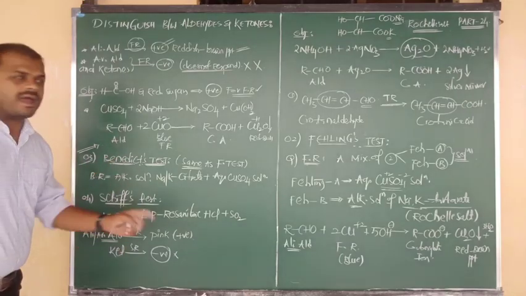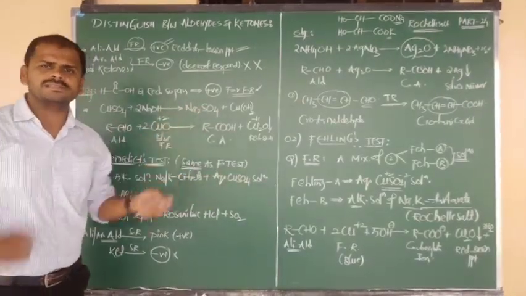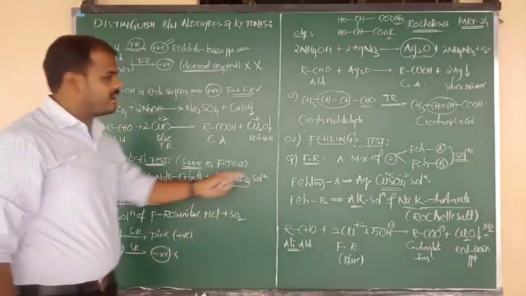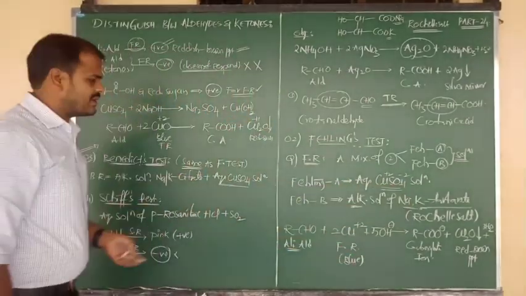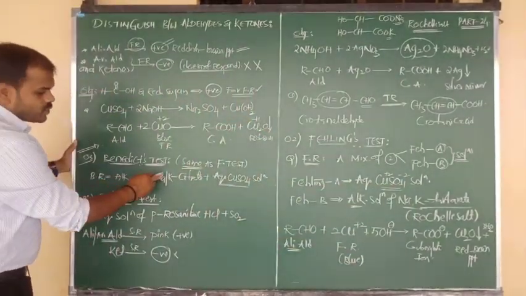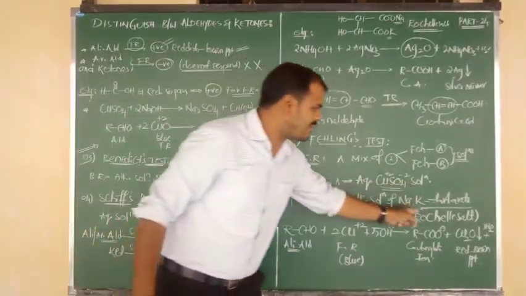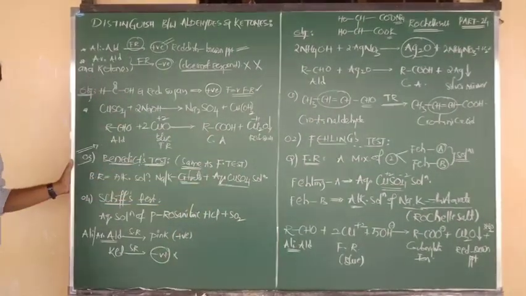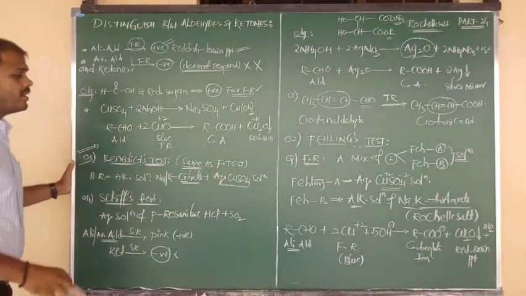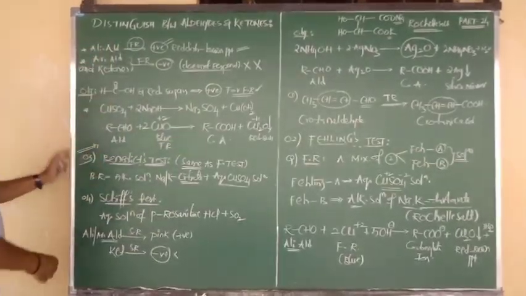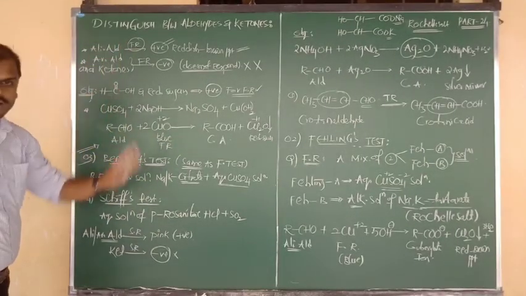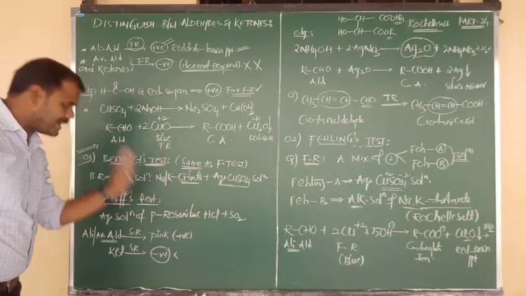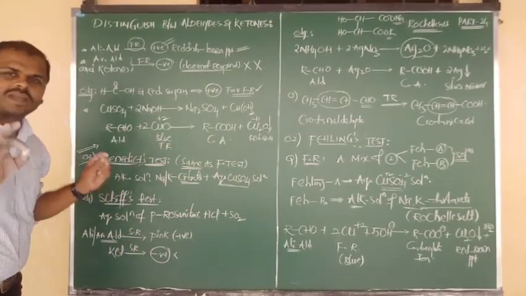The reactions of the Benedict test and the Fehling's test are everything the same, just a small reagent change. Here also we are using aqueous copper sulfate solution. In Fehling also we have used aqueous copper sulfate solution. Here, alkaline solution of sodium and potassium citrate. Here, alkaline solution of sodium potassium tartarate. That is tartarate, here is citrate. Everything is same, and the reaction is also same. So Fehling's test is positive for aliphatic aldehyde. Benedict is also positive for aliphatic aldehyde. What about the reaction? Same reaction as it is. What about the color? Red precipitate, here also red precipitate. Everything is same, just try to remember the name.